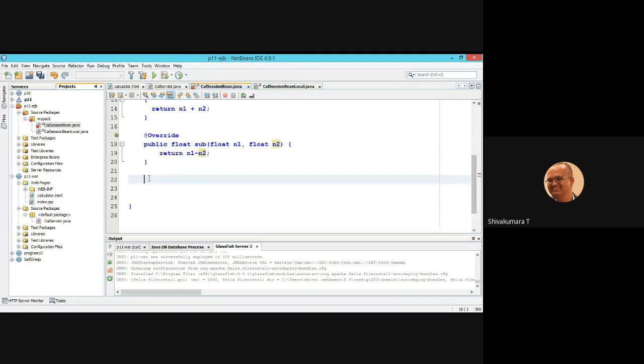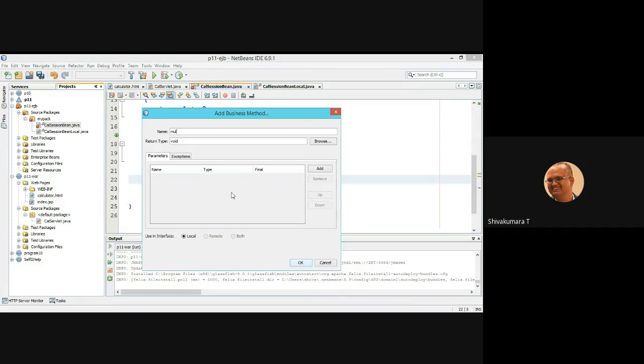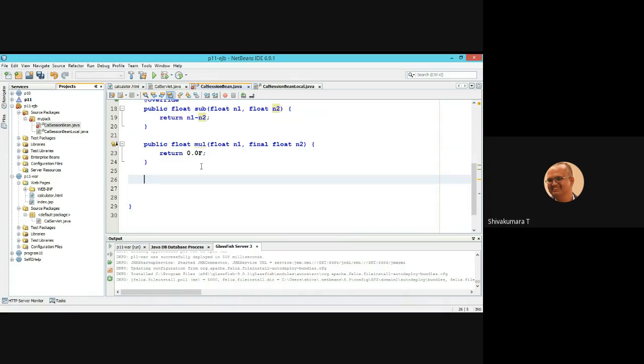Addition over, subtraction over. Now multiplication. Insert code, repeat the steps. Add business method, multiplication, return type is float, add n1 float, add n2 float, click on OK.